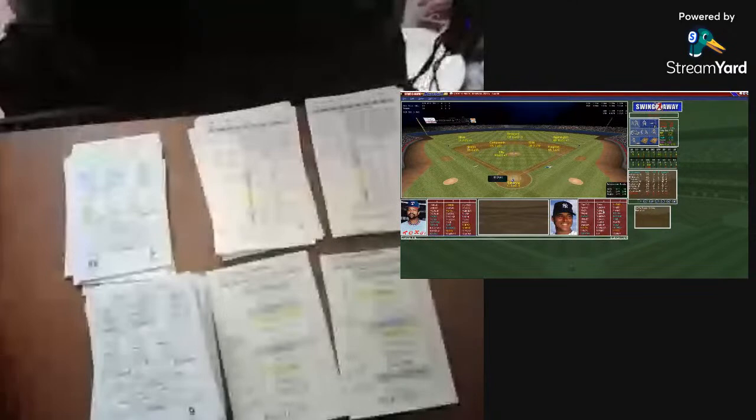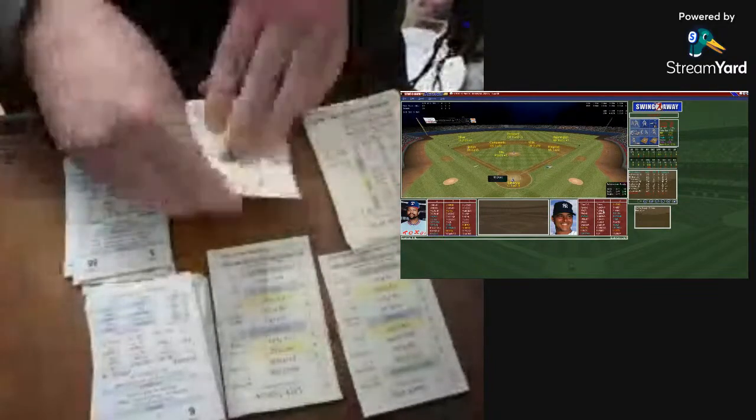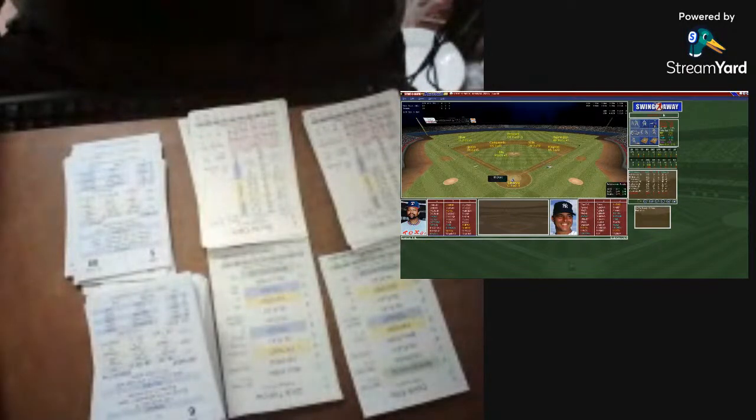Zisk will... So here we go. Bucky Dent will lead off for the Yanks here in the third, 1-0. Dent so far is 3 for 6 with 2 RBIs. He'll hit against Doc Ellis here in the top of the third. Yanks 1 run on 3 hits. Rangers no runs on 1 hit.